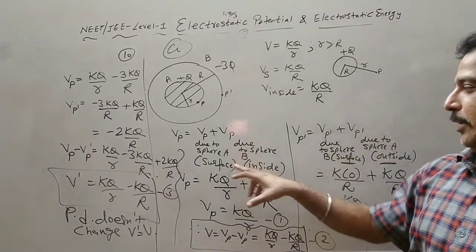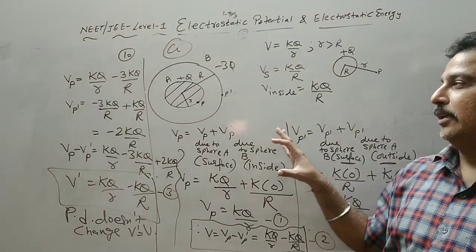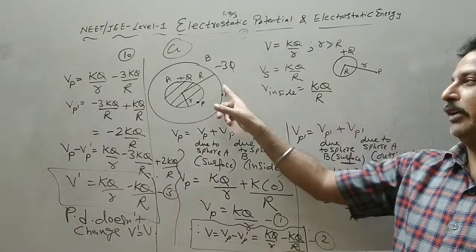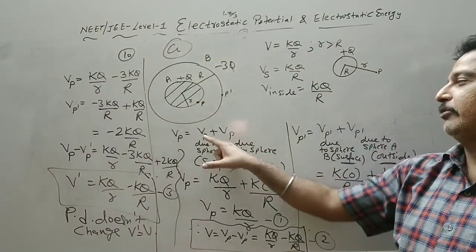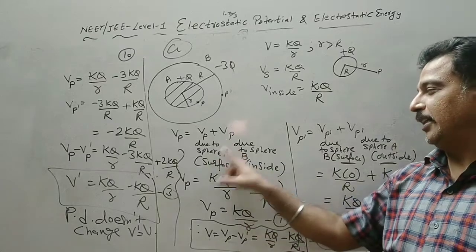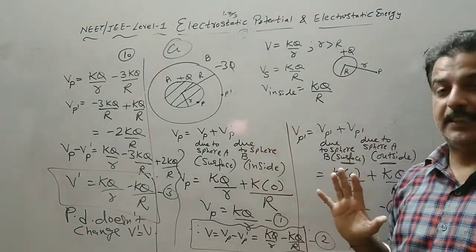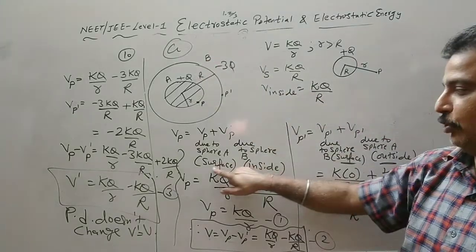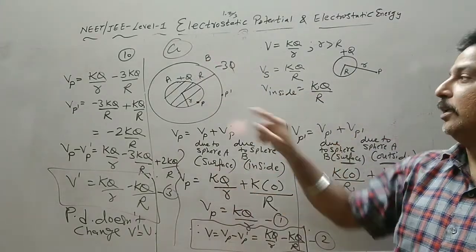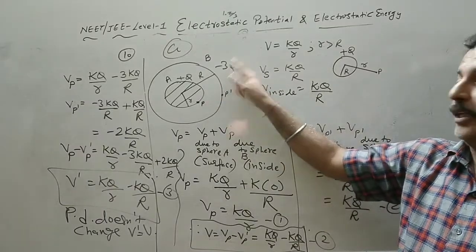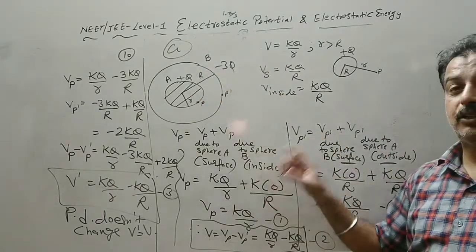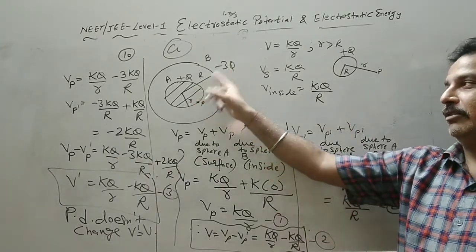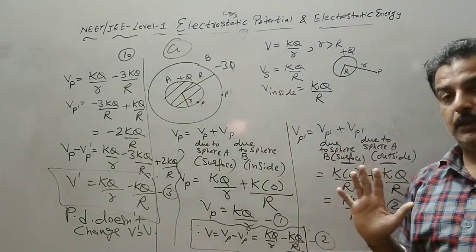So you try to remember this inside outside formula. Again try to write this in this form. So we have two spheres. If we have three spheres, you write first Vp, Vp, Vp, then due to sphere A, due to sphere B and due to sphere C. Now where is point P? Point P is here. On the surface of A, you write surface, you apply the surface form. For B, it is inside. So inside, you apply the inside formula. So in the inside formula, the radius remains for the outer sphere, the source was 0.